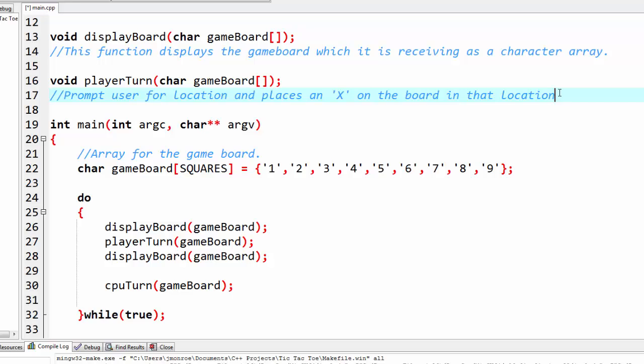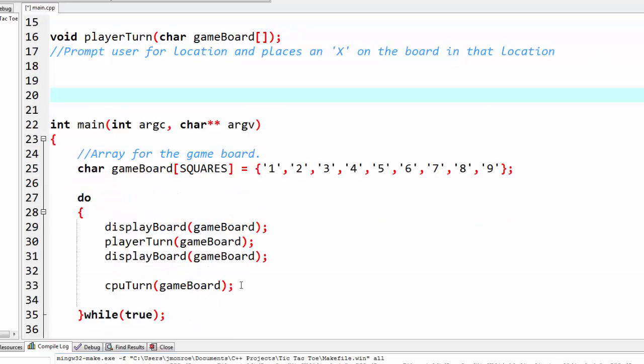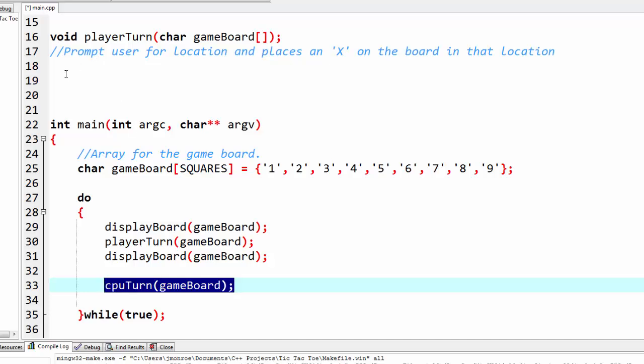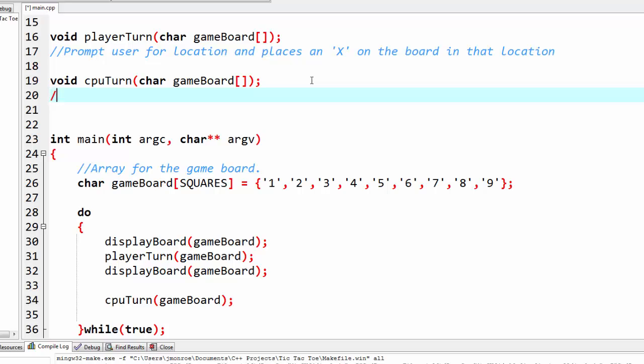And it doesn't matter what order you do these in. I'm going to go ahead, since my functions are getting further down the page here, and create my function declaration at the top here, char game board, and I'll say that this function plays an O for the CPU